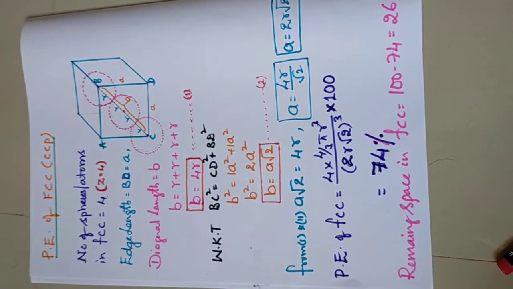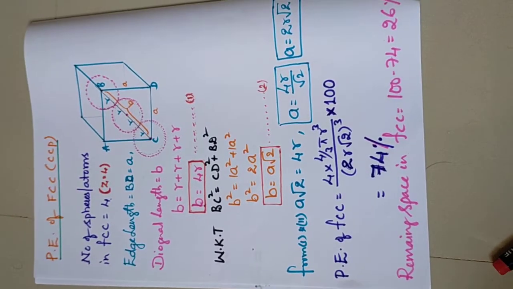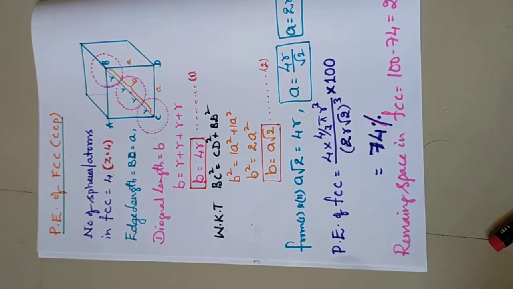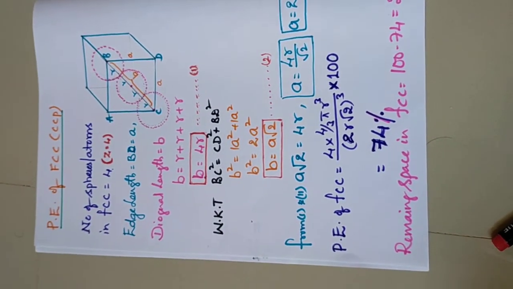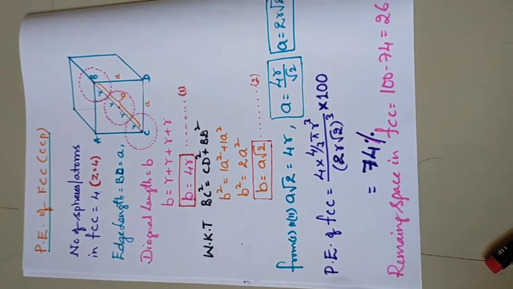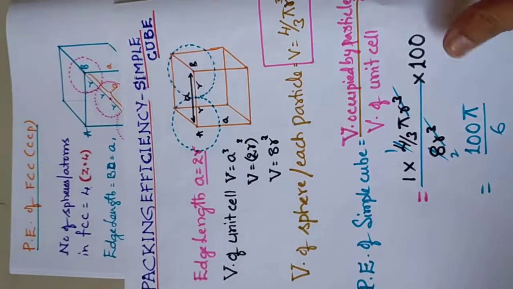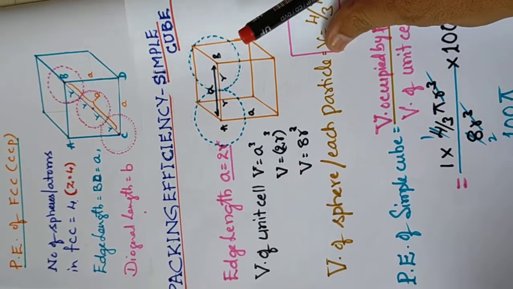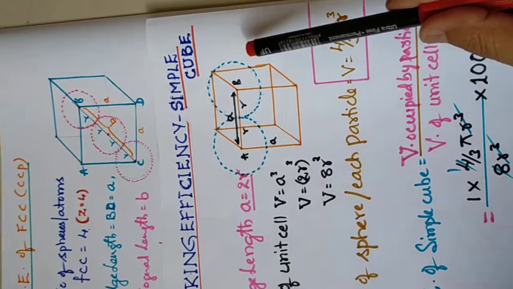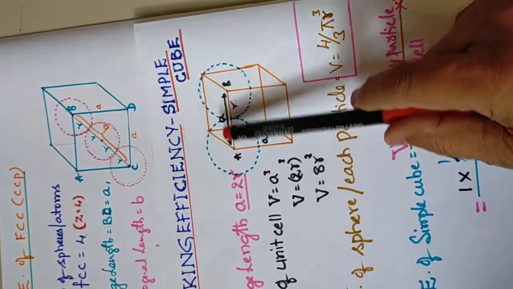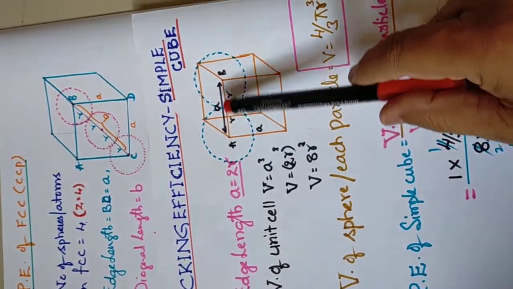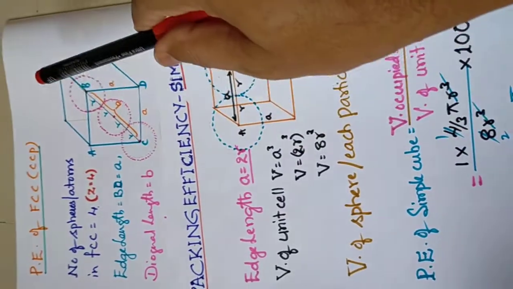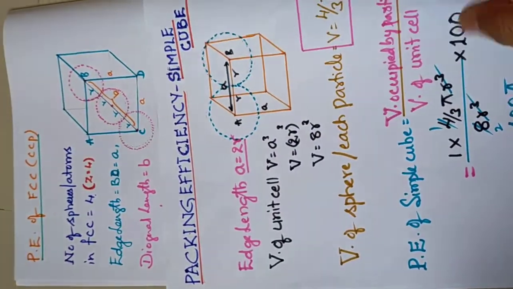Then the last one is BCC. BCC will be a little tricky. Easy, but a little tricky. So go for the diagrams. Simple cube will be easy. So in the front you can get only two things. Just observe the diagram of the BCC and FCC. In the simple cube, on the front any edge you can take R and R, but here it is face centered. You take any face, then you can get 4R.